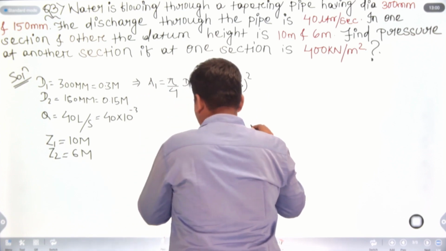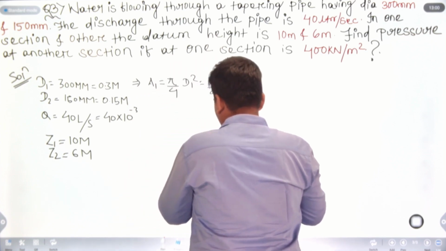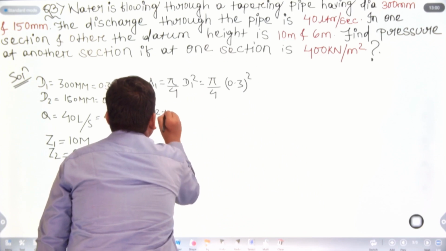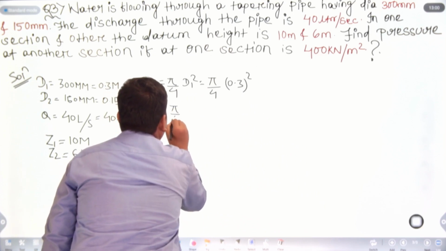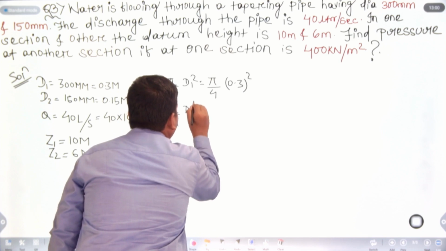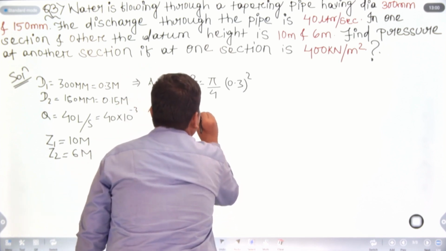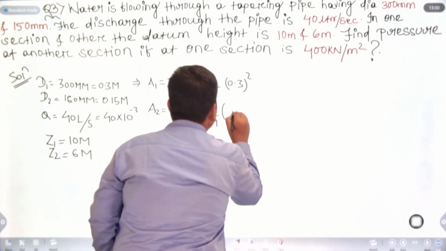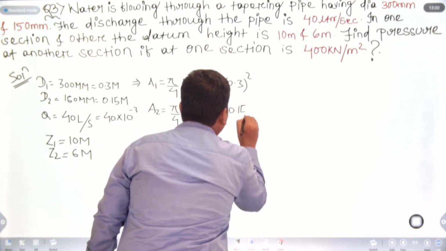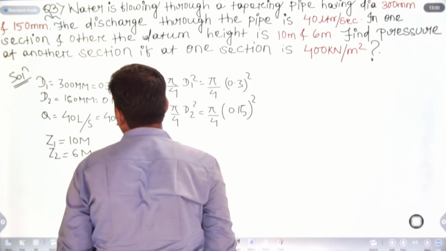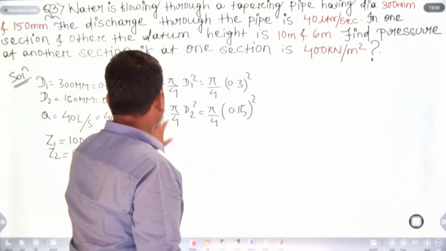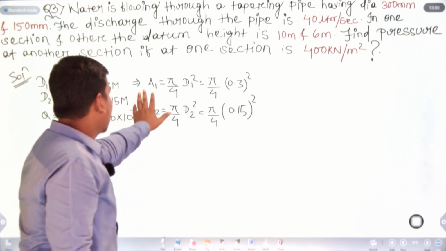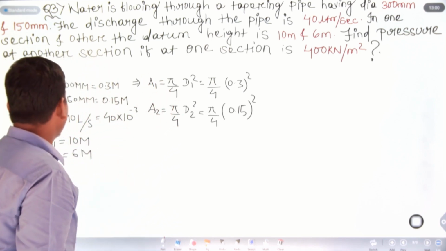By calculating this, then A2 value is equal to pi by 4 D2 square, that is pi by 4 into 0.15 square. Then A1, A2, for simple process we should not calculate the value of this. Okay, then